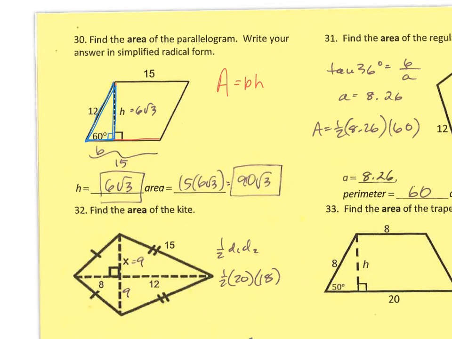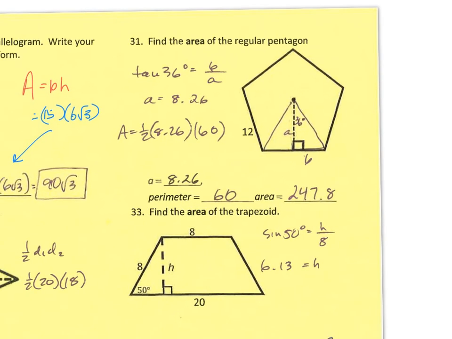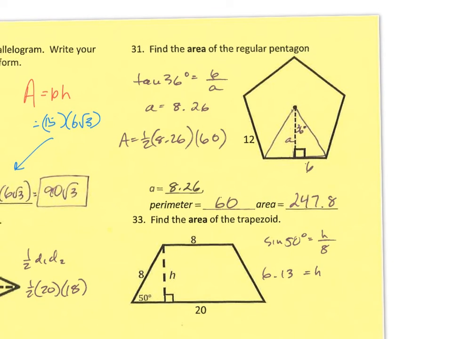And I know that diagonal, the hypotenuse is 12, which makes the short leg 6, which makes this height 6 root 3. So I got a base of 15 and the height 6 root 3. So that's why I showed that right here, but that's when my area is 90 root 3 with the height 6 root 3. For 31, you're using the formula for the area of a regular polygon, which is 1/2 apothem